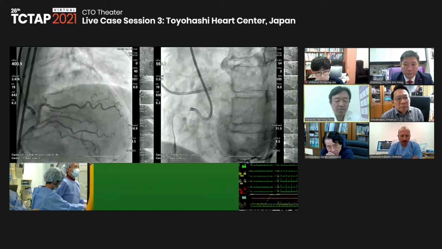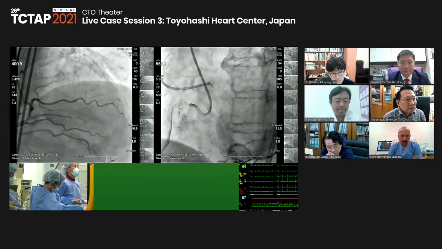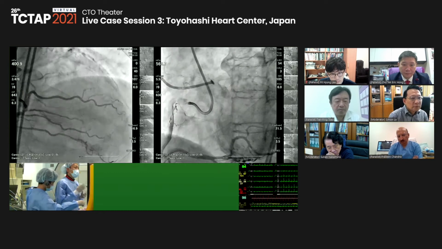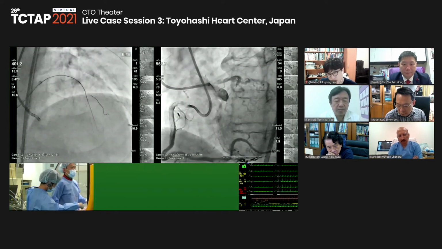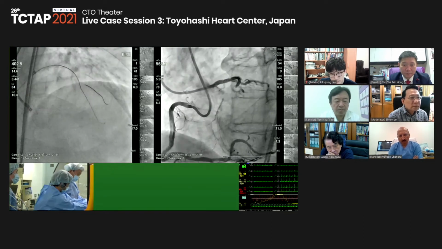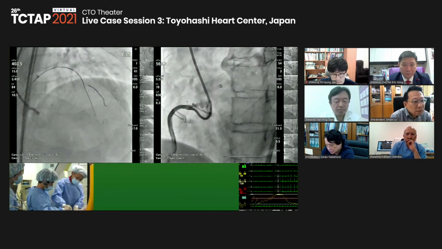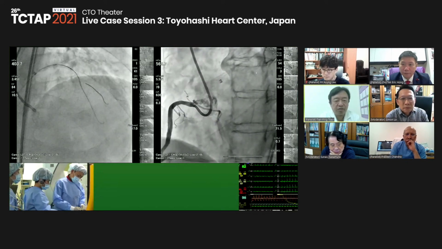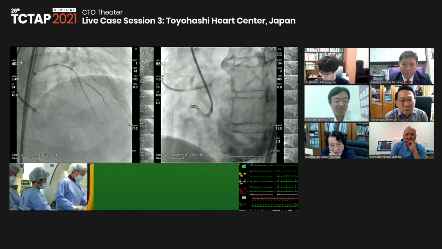Yes. And also the proximal side of the LAD lumen is very big, right? So going from the big space to selecting the small space is usually very difficult. Yes. In addition, this case has a very tricky angle at the beginning of the channel. So maybe the microcatheter didn't work well, I guess. A microcatheter cannot provide steady support in this kind of region. Yes. So the DLC is better for stabilization.